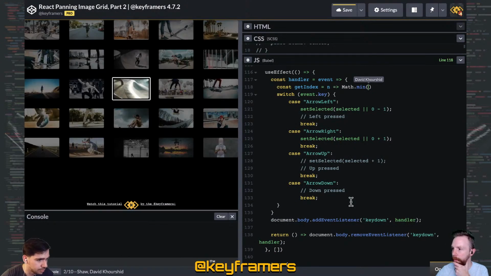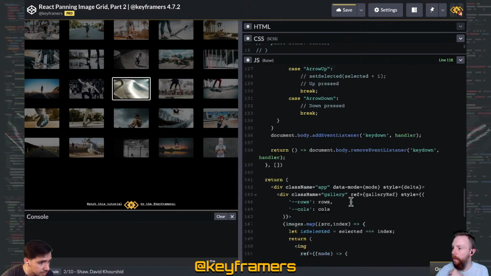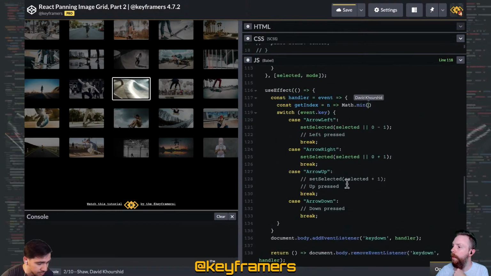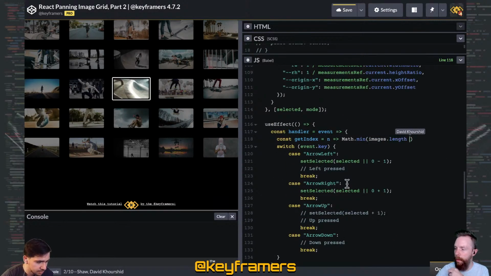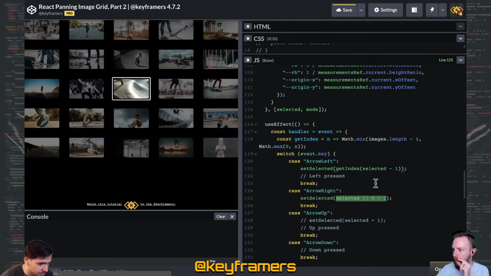We have our array. Let's see. Yeah, it's images. Oh, gotcha. Images are array dot max 0, and that's just going to be n. Cool. So selected, get index, selected -1. See, that's what I'm doing over there. So get index